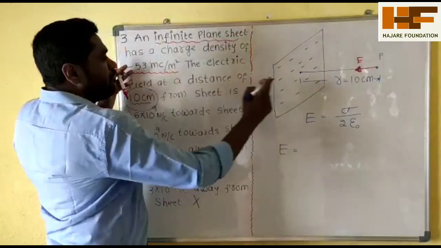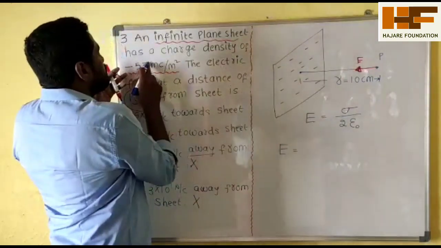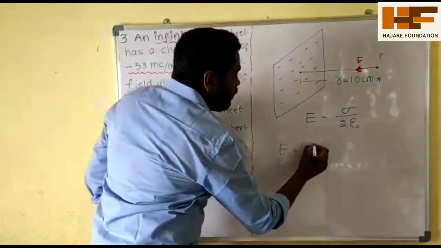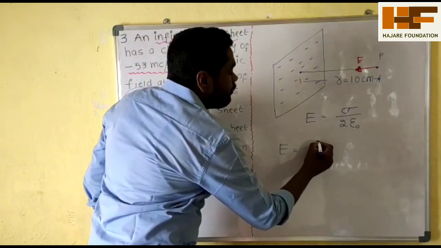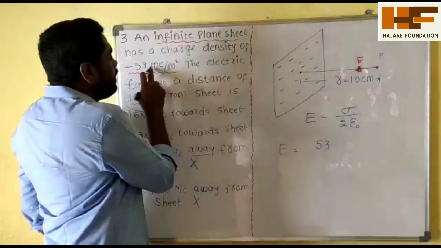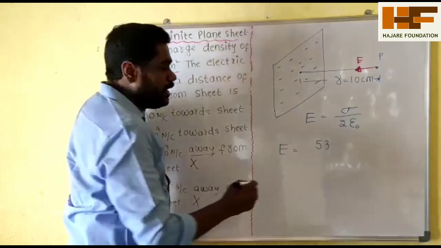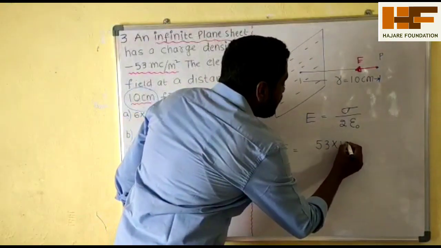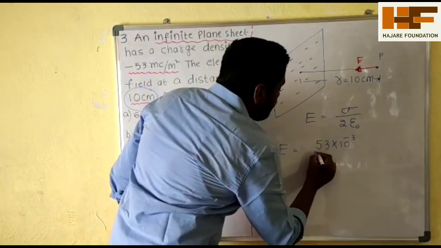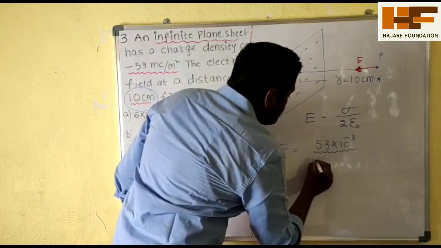Here we have decided the direction. Therefore, just substitute this 53 only. Therefore, don't substitute any negative with that. 53 into what they have given? Millicoulomb. Milli means what? 10 power minus 3. Therefore, 10 power minus 3 divided by 2 into